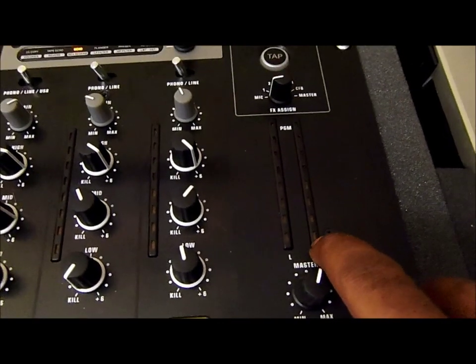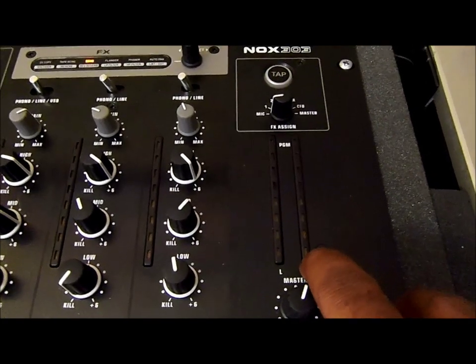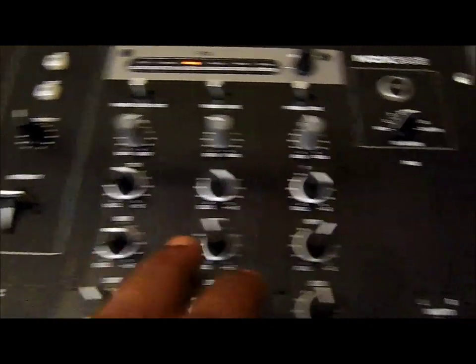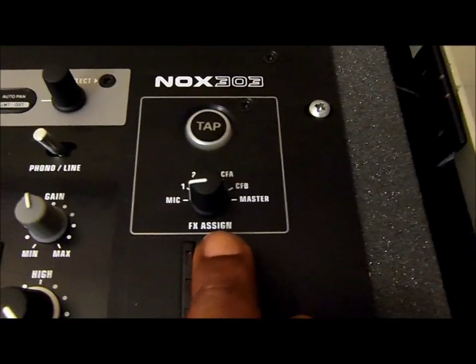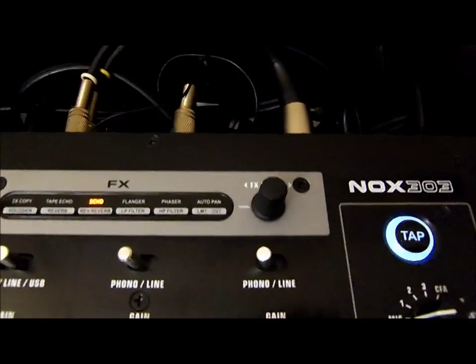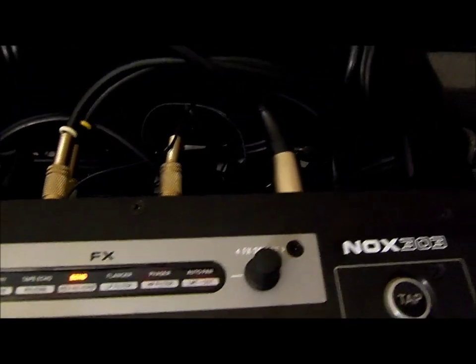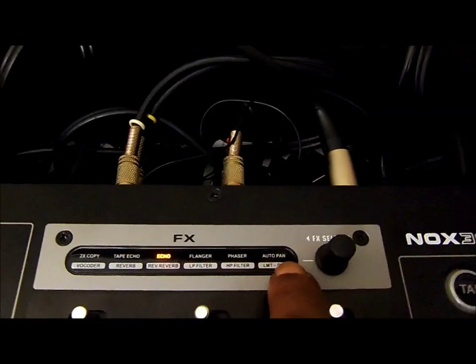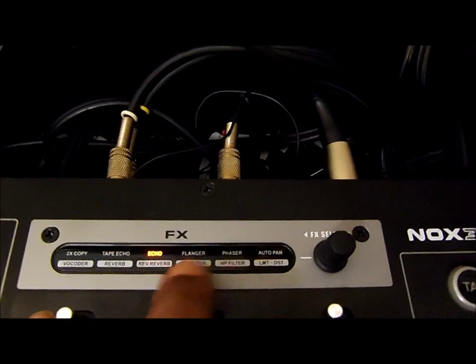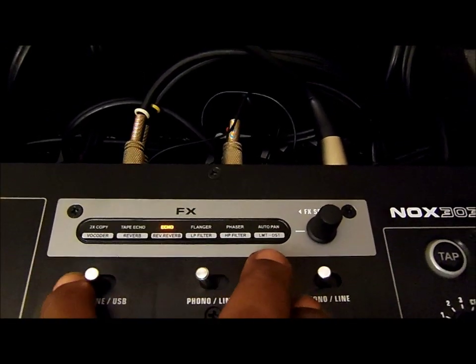Like I say, it is the latest in the BEHRINGER mixers, which is the NOX series, and you have LEDs for each channel also. And you go on up and you will have the best, which I saved for last, and that is your sound effects banks, which has 1, 2, 3, 4, 5, 6 sound effects on the top, but on the bottom you also have additional sound effects. So in addition, you have 12 sound effects